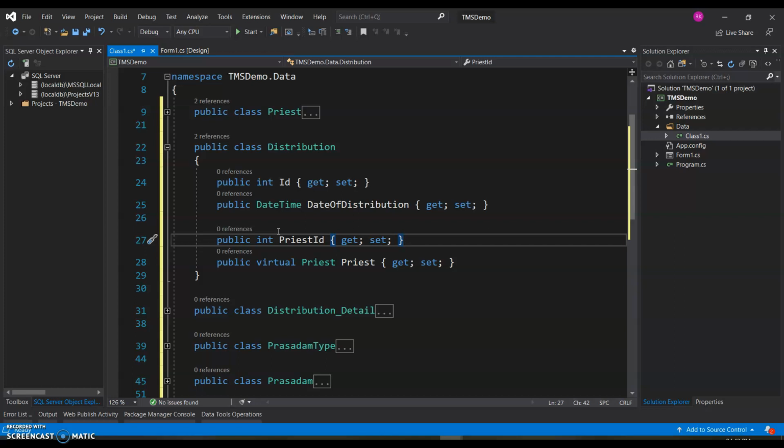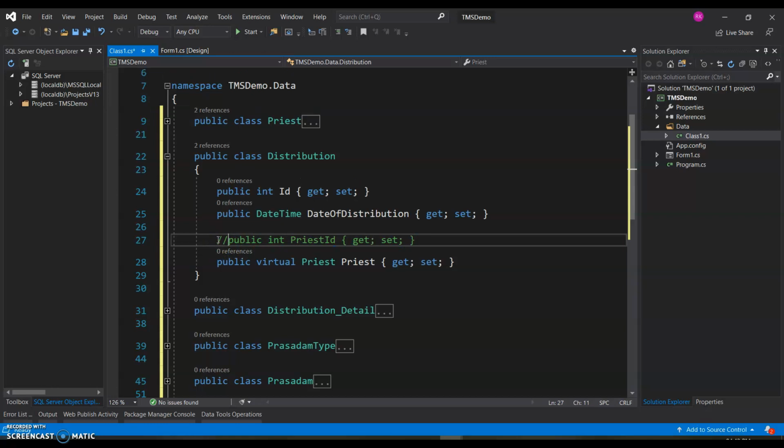Now if you think about it, even if you do not include this, entity framework knows that a distribution is related to a priest when you just do this. And the only way it can achieve that in a database is to go ahead and create a column which will have the ID of the corresponding priest. There is no way a database can understand association between two entities without such an arrangement.